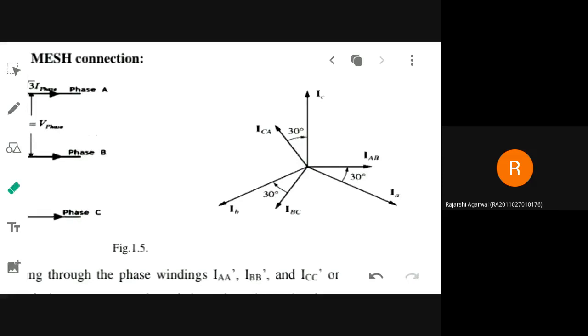What is the name of the diagram? That is a rotating vector diagram. That is commonly called what diagram? Phasor diagram. Okay, from this phasor diagram, again you need to determine the value of IAB, that is the line to line current. So again by vector sum only you will do that.